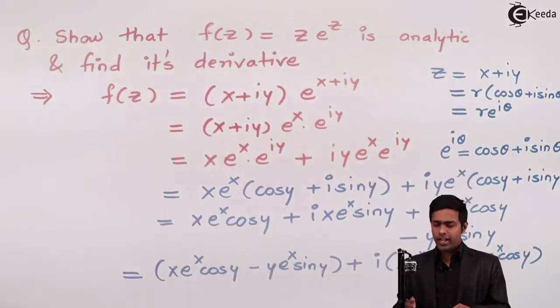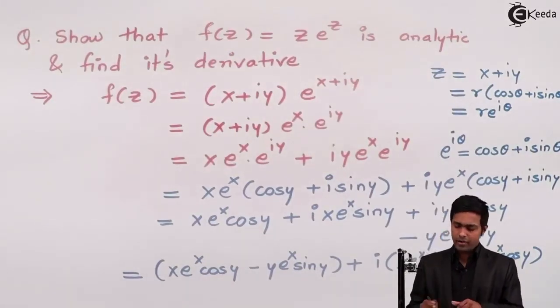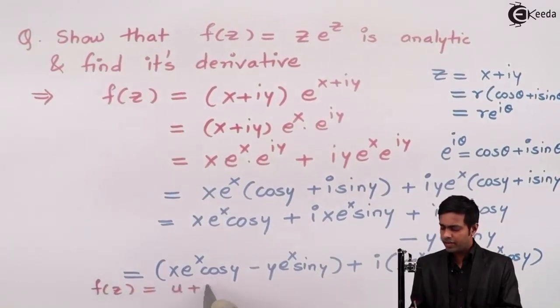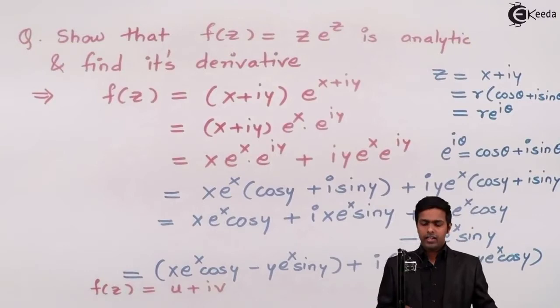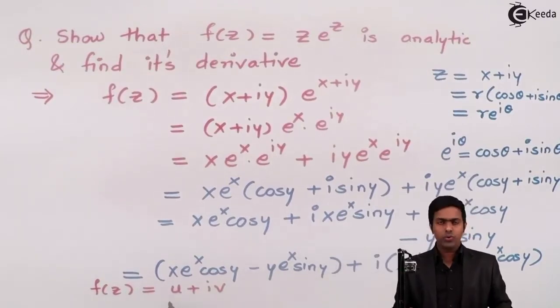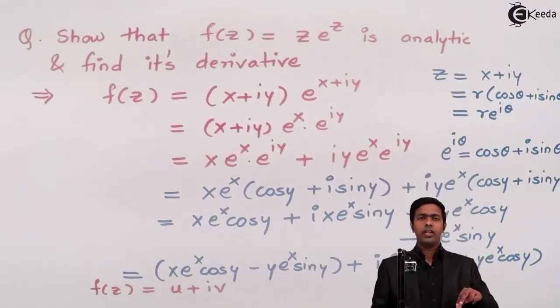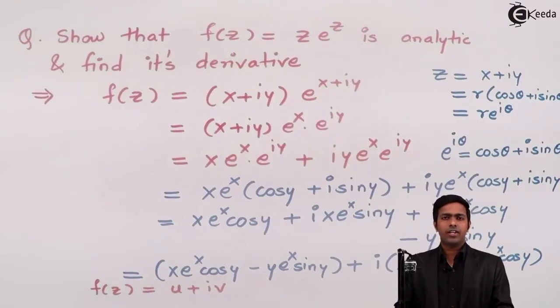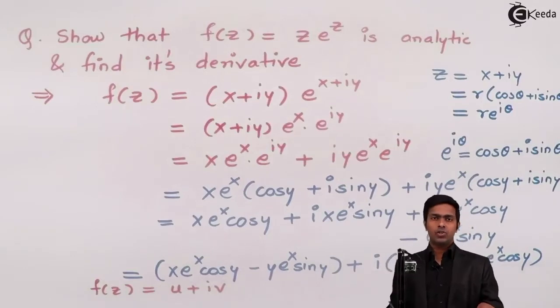So that we can compare it with f of z equal to u plus iv, where the real part will be called u and the imaginary part will be called v. And from u and v, we can get the Cauchy-Riemann equations in Cartesian coordinates. So now, by separating this real and imaginary part, we got the values of u and v. So I'll say u is equal to this first bracket and v is equal to the second bracket. So we will get